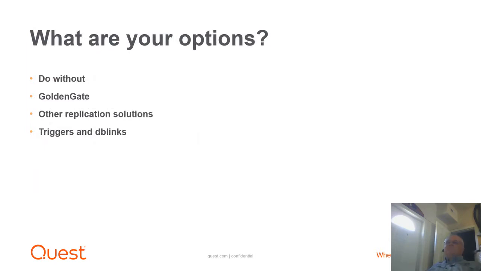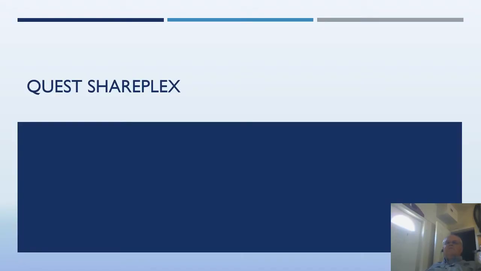So, what are your options if you're using Oracle Streams and want to upgrade to Oracle 19c or beyond? Well, you can do without. If you're using Streams for replication now, you can figure out ways to go without replication. You could purchase Oracle GoldenGate, which is what Oracle would like you to do. That's a very pricey alternative. There are other replication solutions out there on the market that you could look at, or you could roll your own with database triggers and database links, something you might have done before Streams was available, but that's no fun, and that takes lots of maintenance too. There is another alternative, though, and that's Quest SharePlex.